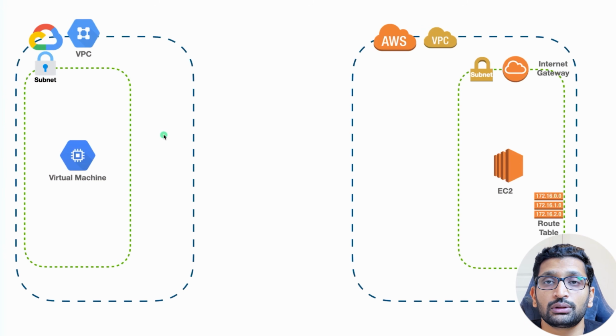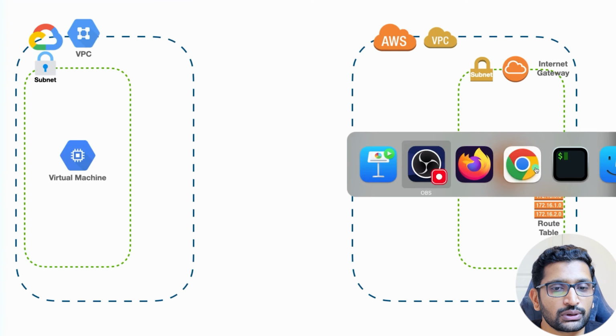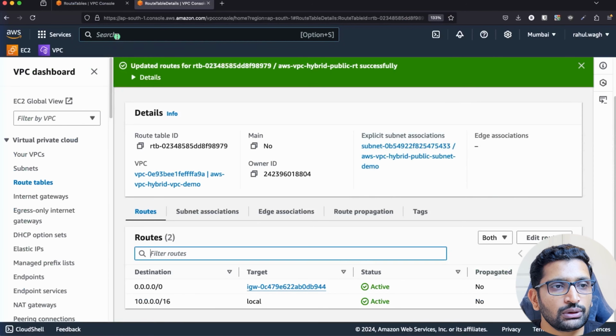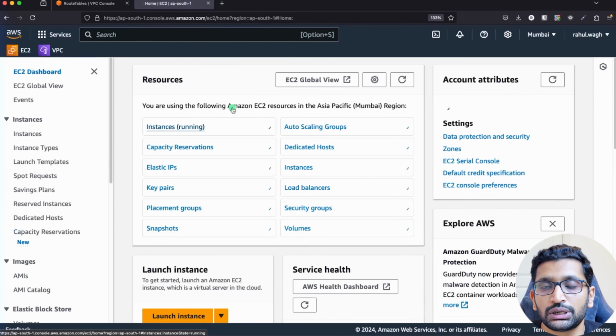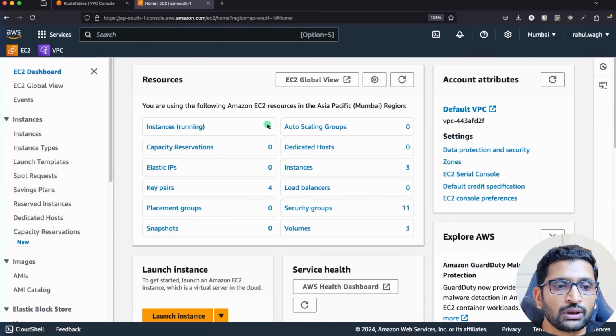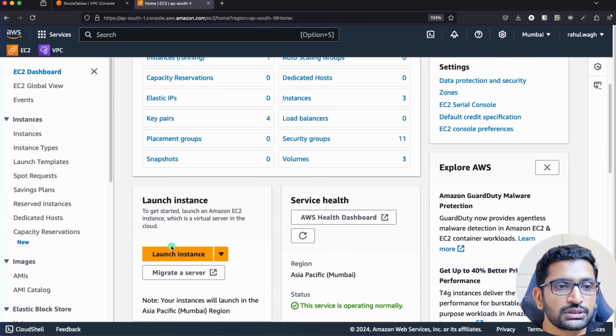So let's take a look at the diagram once again. On the left hand side we have the virtual machine up and running. On the right hand side we need to create the virtual machine in AWS. So for that, let's jump to the AWS console, and here type EC2, because EC2 is the name of the virtual machine type in AWS. So here I'm just going to click on launch instances,